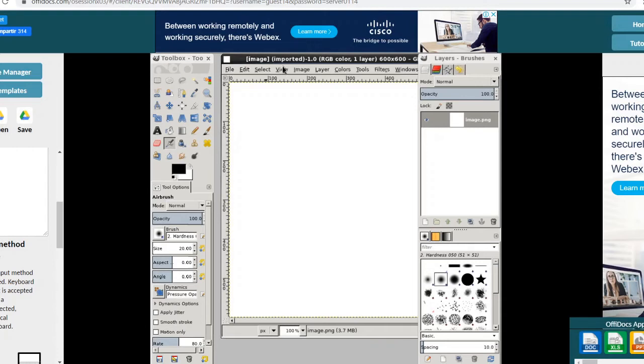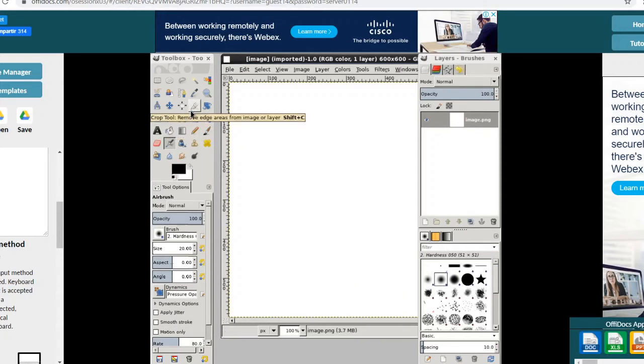Next I am telling you about the brushes, patterns, font dialog box. This allows you to manage brushes, patterns and fonts for any image or text. Now I will tell you about the main toolbox.